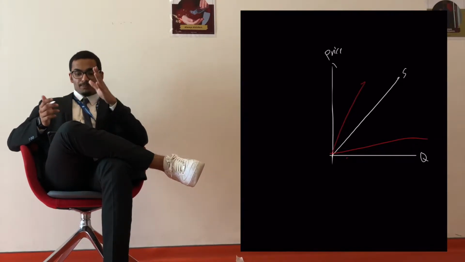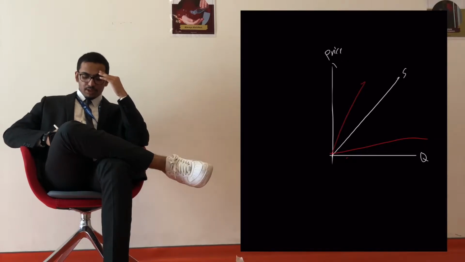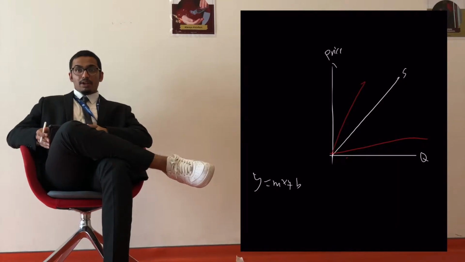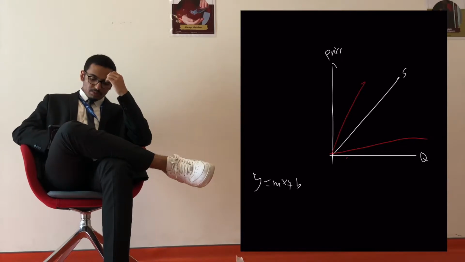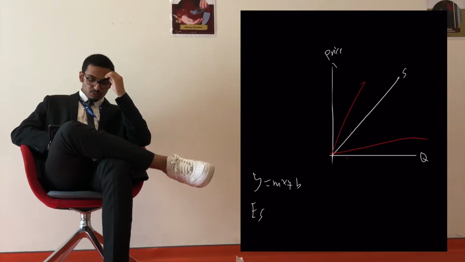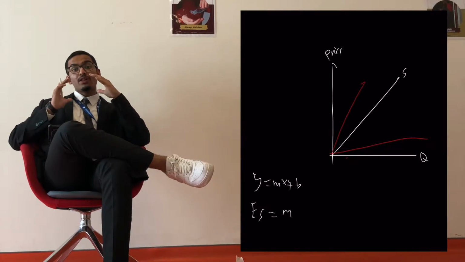Whatever we get from this, as we all know, we've done math, is that the equation of this line is y equals mx plus b, right? However, in economics, it's going to be ES, which means elasticity of supply, which equals the m, so whatever the slope is, which you'll have to calculate. And to calculate slope, you need to look at run over rise. All of you in sciences have done rise over run,